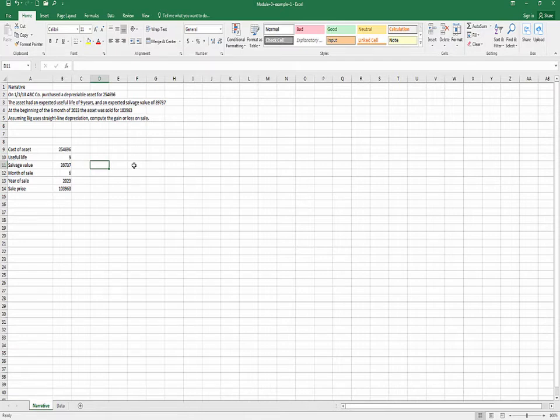So it just has to be written as at the beginning of the 6th month of 2023, the asset was sold. Assuming BIG uses straight line depreciation, compute the gain or loss on sale. So we say, okay, to get the gain or loss on sale, I'm going to need the book value of the asset. The book value is going to be the cost. And rather than retyping things, again, it's much easier, quicker, and more accurate simply to use my mouse. So I hit the plus key, hit that value there, cost of the asset,